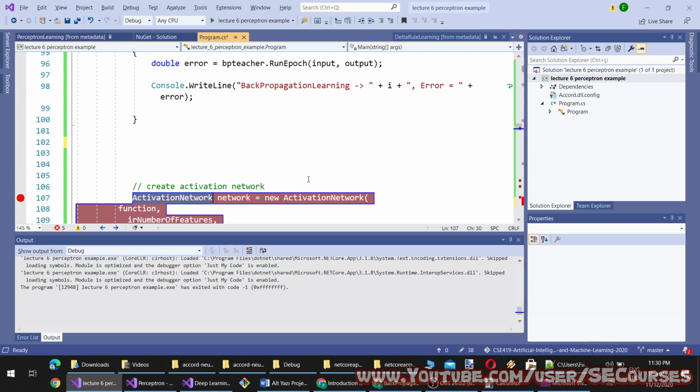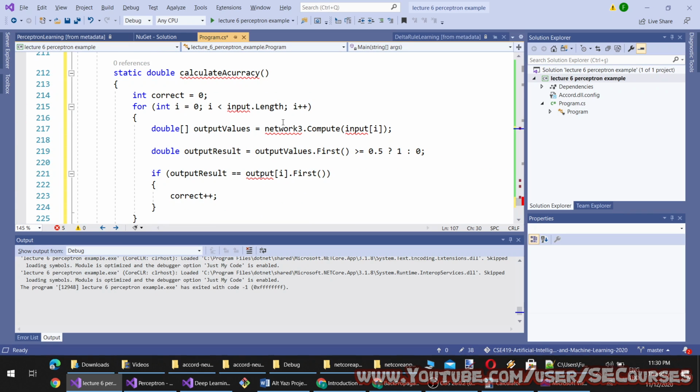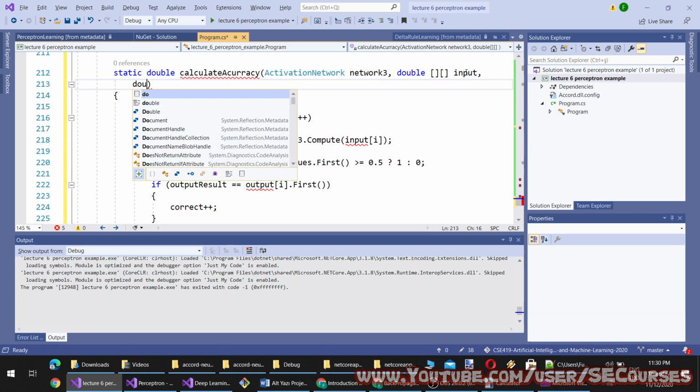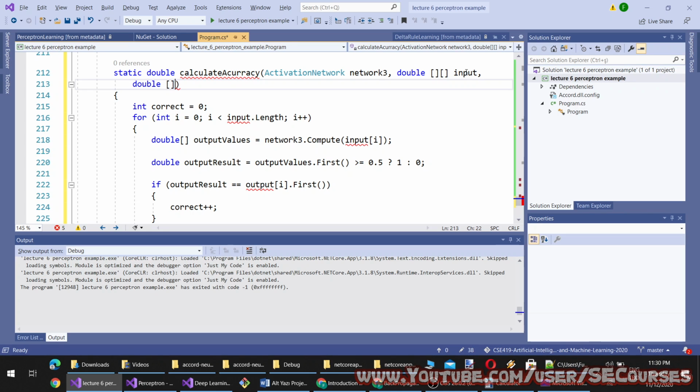Okay, activation network 3 will take a jagged array of double input, and it will take a jagged array of double output,